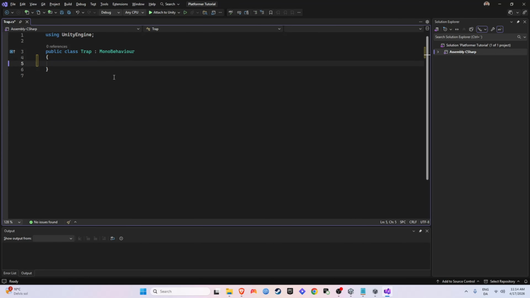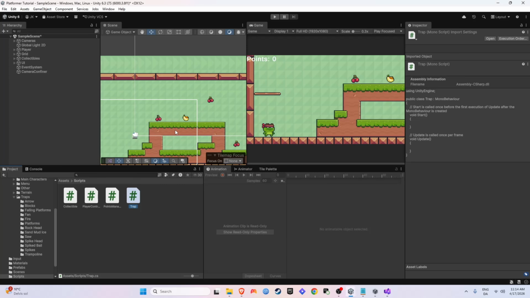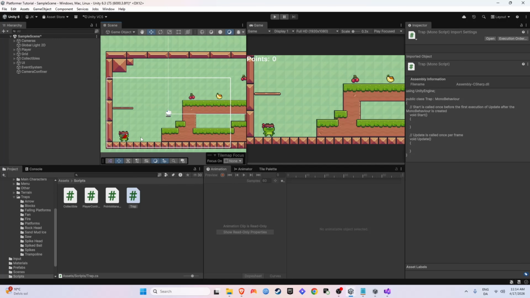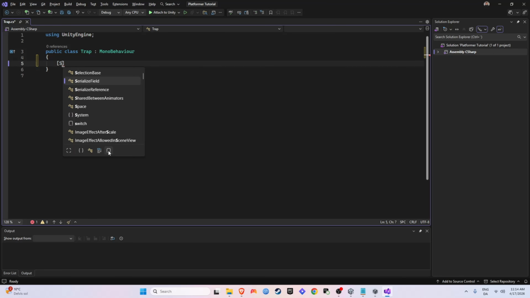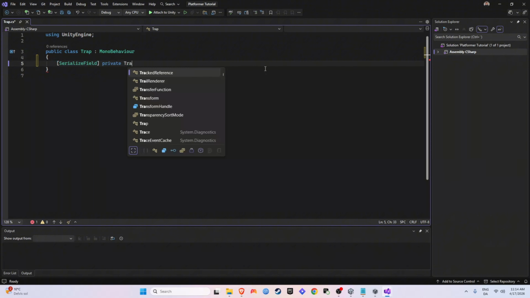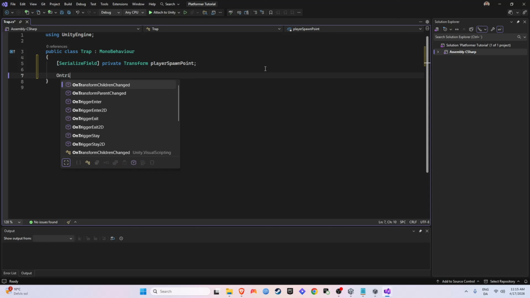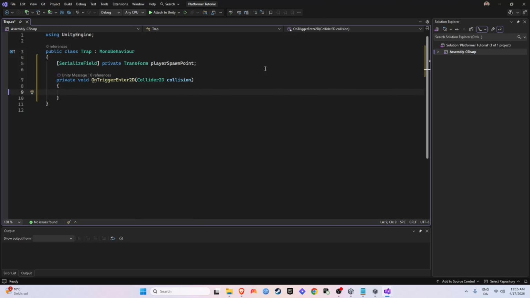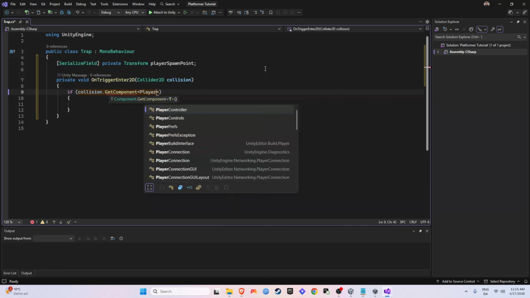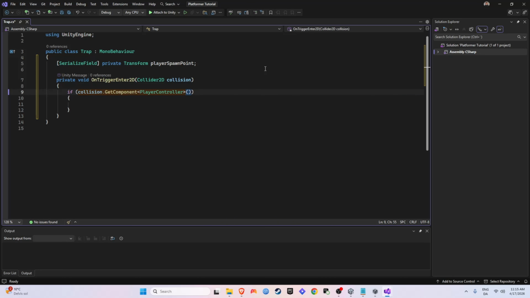What I would like to do with my spikes is that when the player hits them, they get transported back to the start of the level. So I will start out by creating a serialized field, which will be a private transform, and I will name it player spawn point. I will then use the OnTriggerEnter2D method, and firstly I want to make sure that it's actually my player colliding with the spikes and not anything else in our level. So if collision.GetComponent PlayerController, so if what we collide with has a PlayerController component attached to it, then